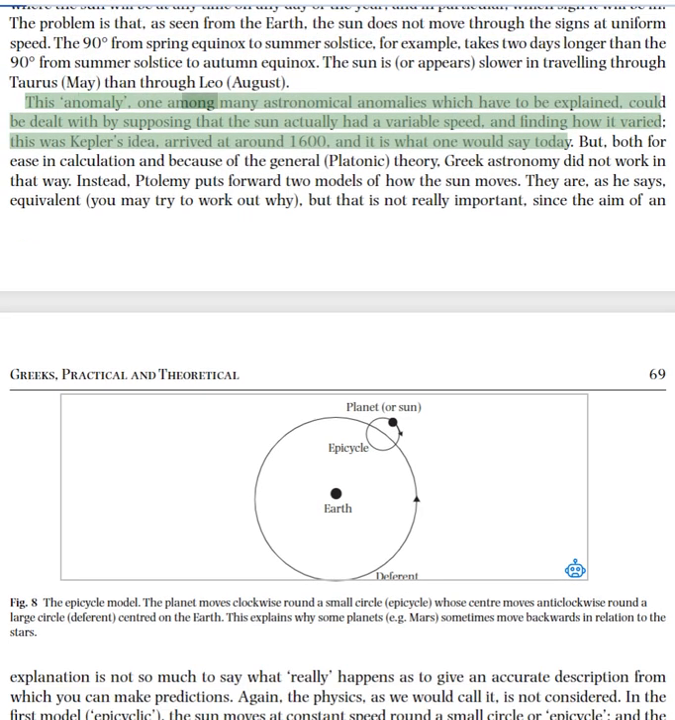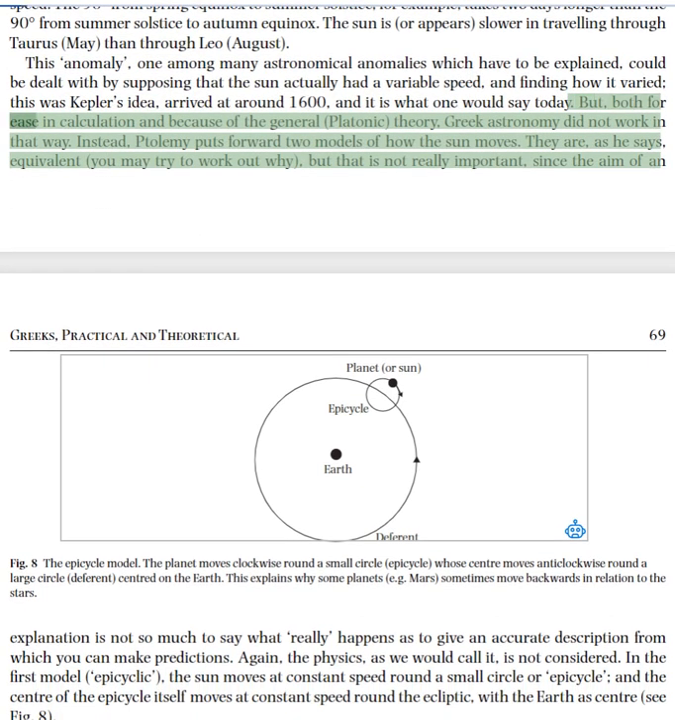This anomaly, one among many astronomical anomalies which have to be explained, could be dealt with by supposing that the Sun actually had a variable speed, and finding how it varied. This was Kepler's idea, arrived at around 1600, and it is what one would say today. But, both for ease in calculation and because of the general theory, Greek astronomy did not work in that way. Instead, Ptolemy puts forward two models of how the Sun moves. They are, as he says, equivalent, but that is not really important, since the aim of an